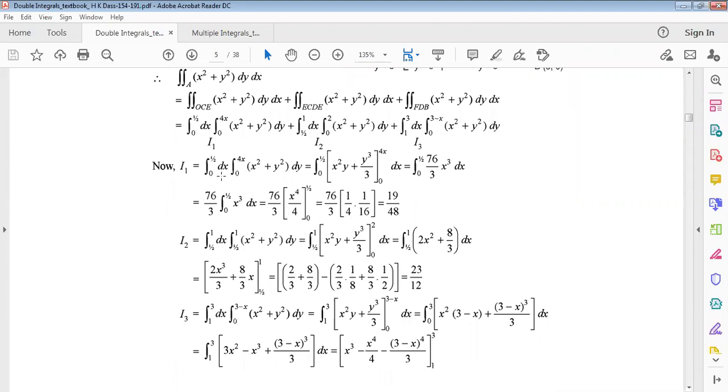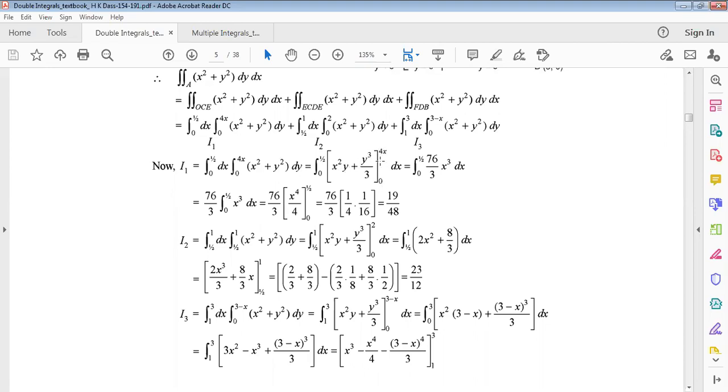Just now taking integration. First of all, we have to take integration with respect to y. So x will be constant for this. So x square, one integration will be only y with respect to y square, integration what will be? Y cube by 3. Okay, x to the n formula, y cube by 3. How? Y to the power 2 plus 1 divided by 2 plus 1. Now putting limit, upper limit 4x and lower limit 0 in the third bracket. Now putting the limit in replace of y. This is the value of y, remember.